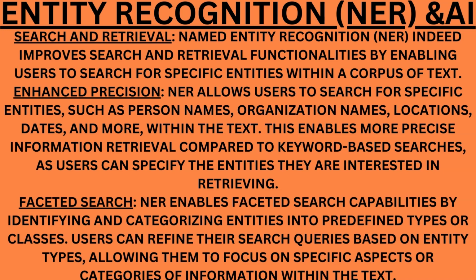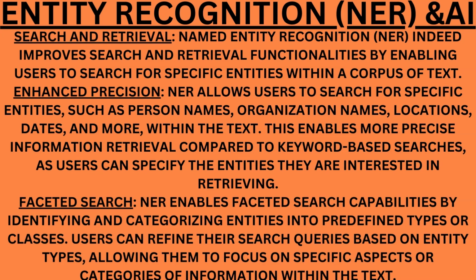Named entity recognition indeed improves search and retrieval functionalities by enabling users to search for specific entities within a corpus of text. Enhanced precision. NER allows users to search for specific entities such as person names, organization names, locations, dates, and more within the text. This enables more precise information retrieval compared to keyword-based searches, as users can specify the entities they are interested in